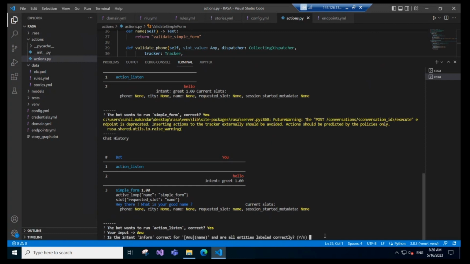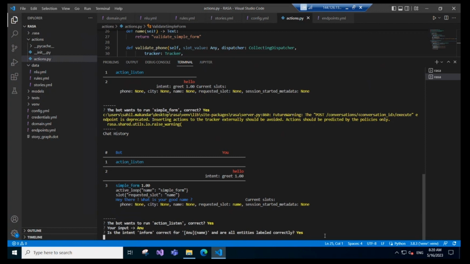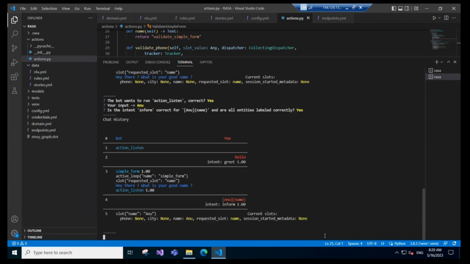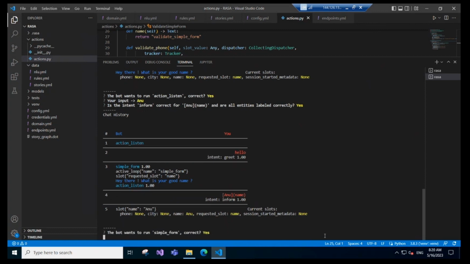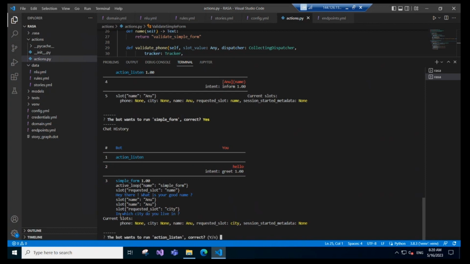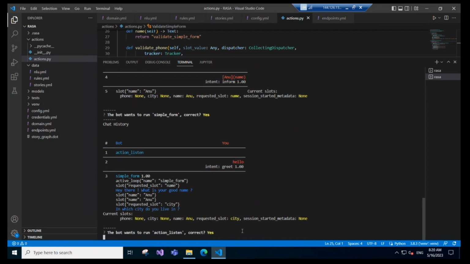Are all the entities labeled correctly? Yes. Okay. Okay, so the bot is asking us in which city do you live in? So before testing the form validation action, let's just test and see how the conversation flow goes for the interruption that we had handled in the beginning. Let's say, let's ask the bot,